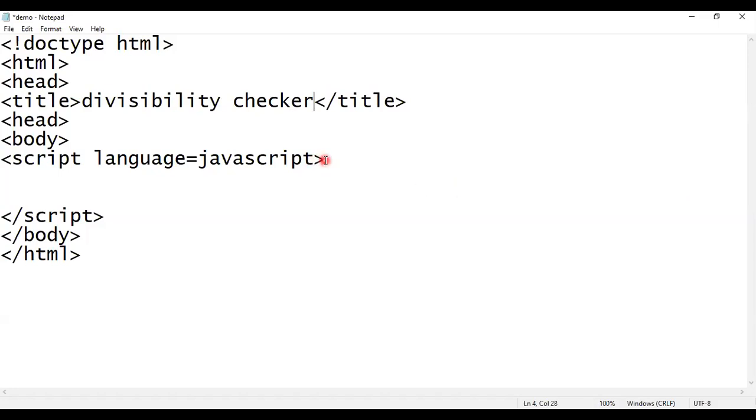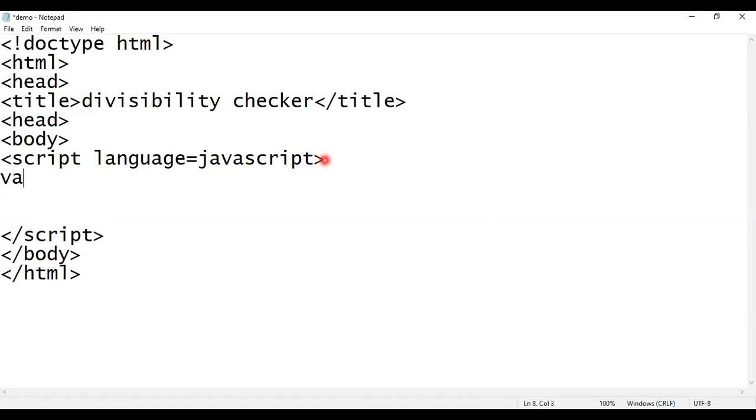Now you have to check whether the number entered by the user is divisible by 5 or not. You have to check that the entered number is fully divisible by 5 or not.